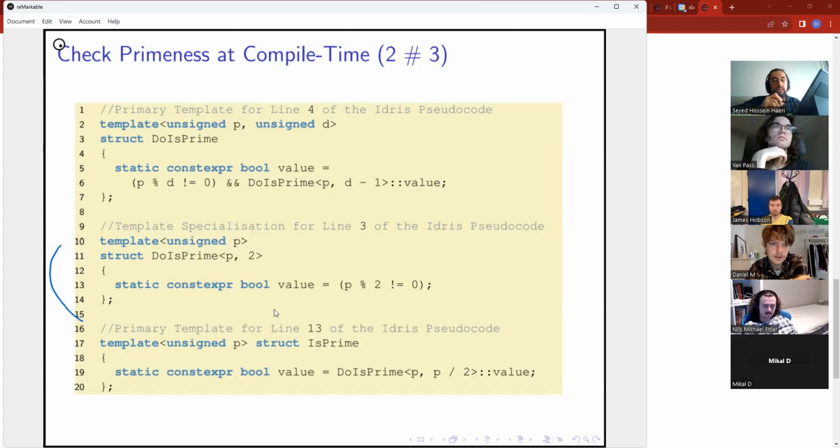As structs, they have either static data members called value when they want to return a value, or they have nested type aliases called type when they are about to return types. That's what is usually referred to in the C++ community as a metafunction.